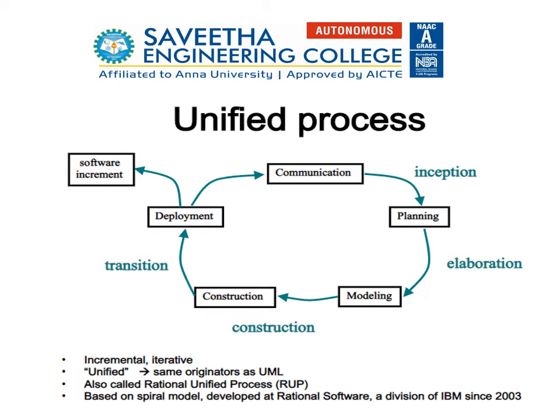So here look at the diagram carefully and try to recollect software development life cycle in your mind. If you look at this diagram, we have 5 different phases starting from communication, next planning, modeling, construction and deployment. Before going into this diagram, we will try to recollect what is software development life cycle. We know that it is a set of activities needed to transform a user requirement into software system. The process defines who is doing what, when, as well as how to reach a certain goal. With this point in mind, let us look into this diagram.